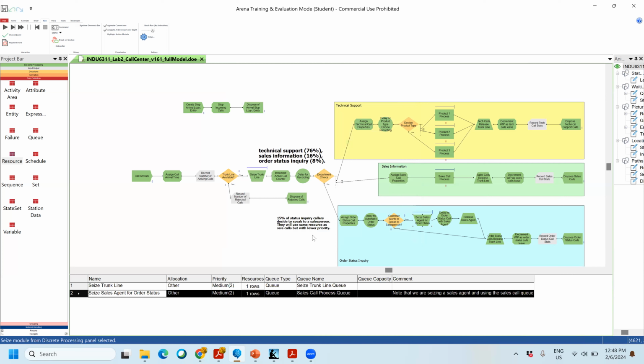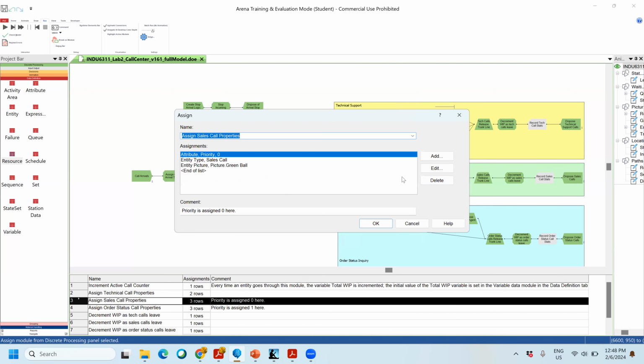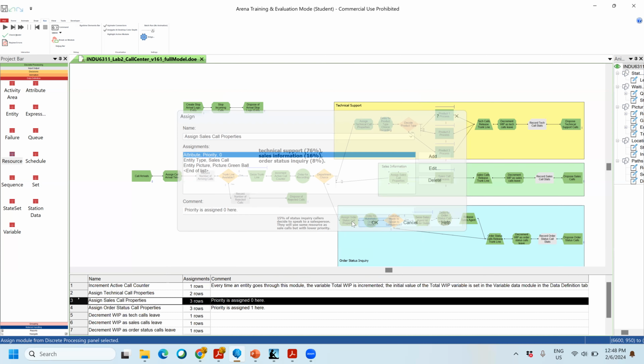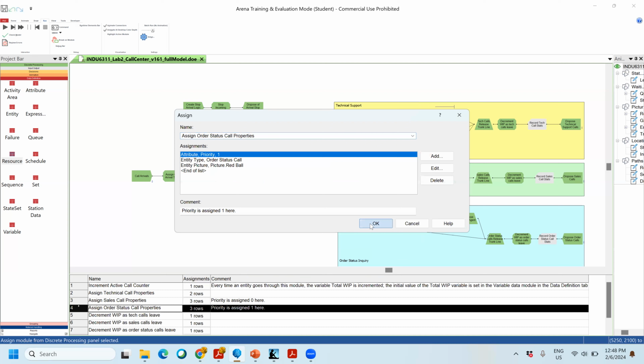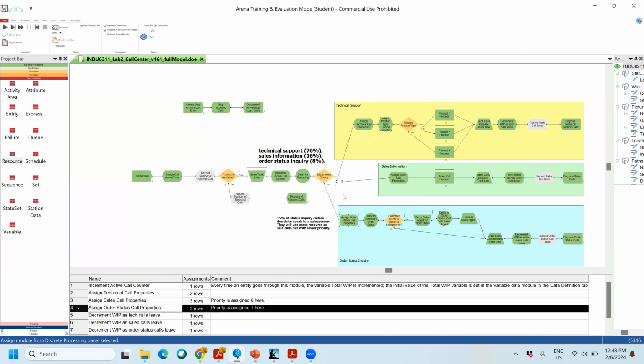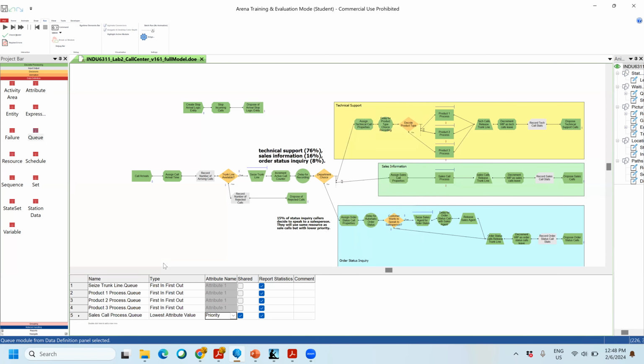There is one thing. They say that these people have a lower priority to be answered by the salespeople. Salespeople are occupied with the group of sales information. I already added a priority attribute, which is 0 here and 1 here. So the only thing to make the model understand this priority is that I should go through the queue data module, and I look at the